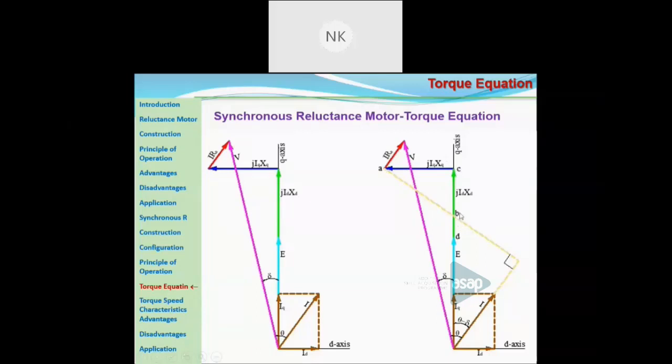So you can have either the expression as E plus jIdXd plus jIqXq plus IRa to get V, or you can have E, then plus this BD factor, we don't know the BD factor, then you have this AB, then you can take IRa, then you will get the voltage. So you can have two different paths for getting the voltage expression. So this path, that means E plus this DB plus BA plus IaRa will give you the saliency effect.